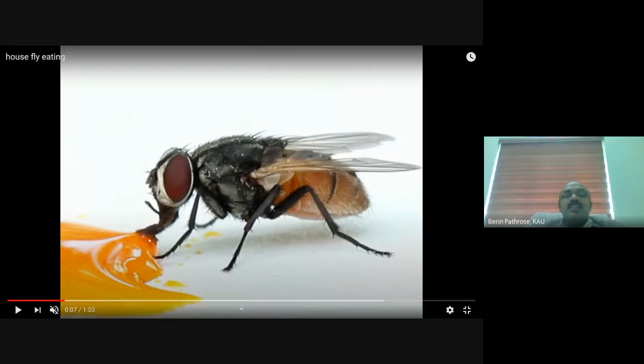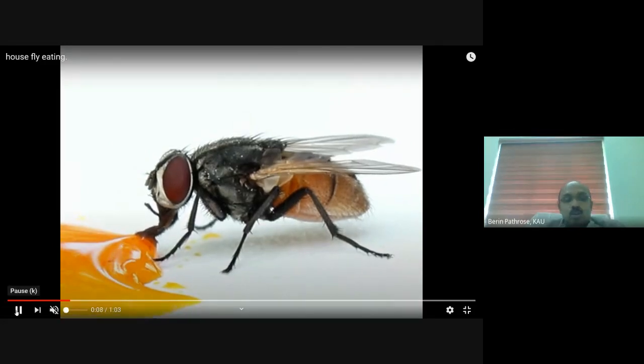See, it is sponging kind of; we call these mouthparts the sponging kind. Just like a sponge, it absorbs the liquid food. See the mouthparts, this is the proboscis. You can see the basal part, this is the rostrum. This median flexible part is the postlabellum. And the tip part is the labellum. And we have two maxillary palpi which lie free.